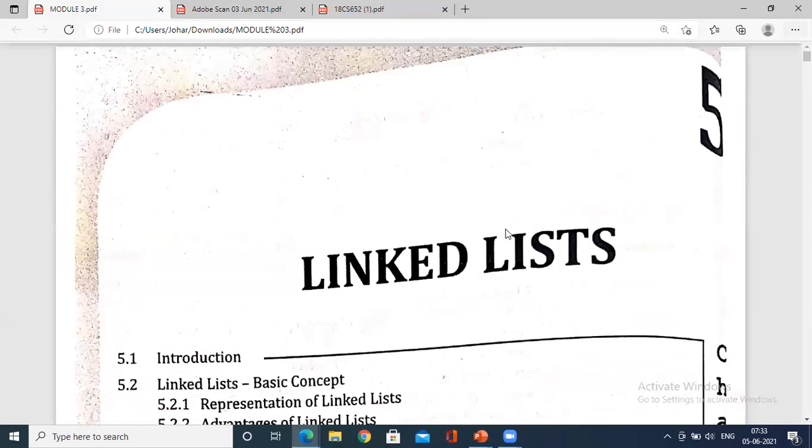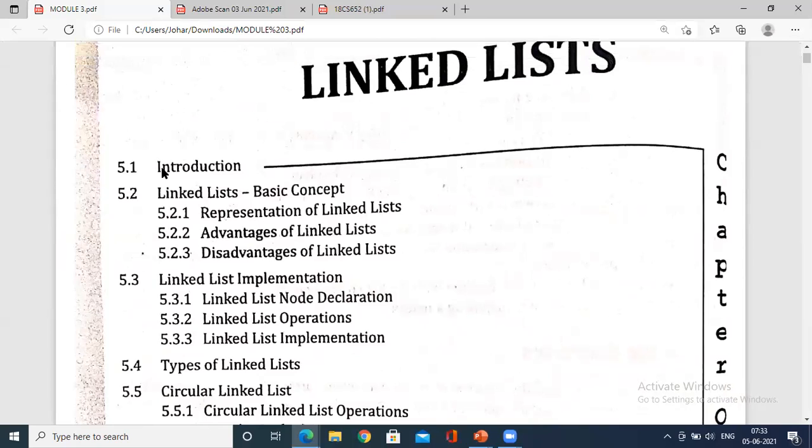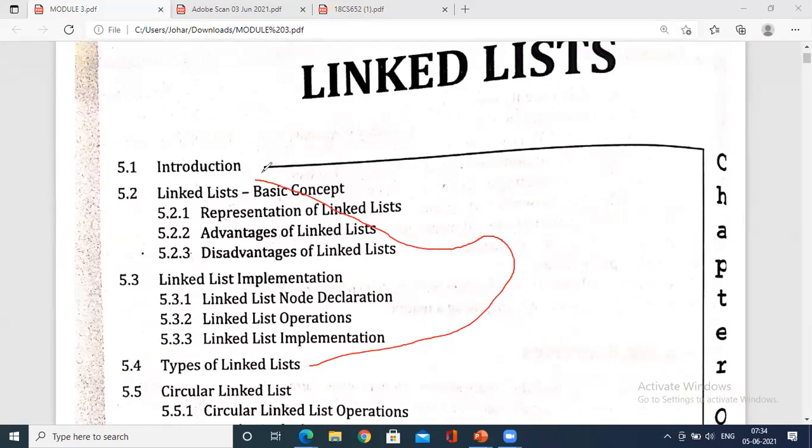Just for the sake of it, we have an introduction part. What is a linked list? What are the advantages of using a linked list? In the last class we saw the major advantages of dynamic memory allocation. What is the meaning of dynamic memory allocation? The types of linked list in fact have to come over here, in the basic concepts. After the basic concepts, we have to see the reversed order.